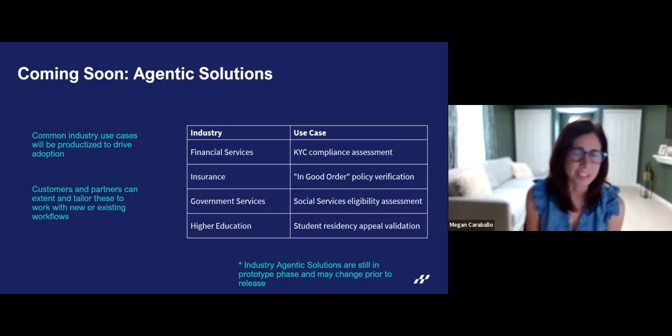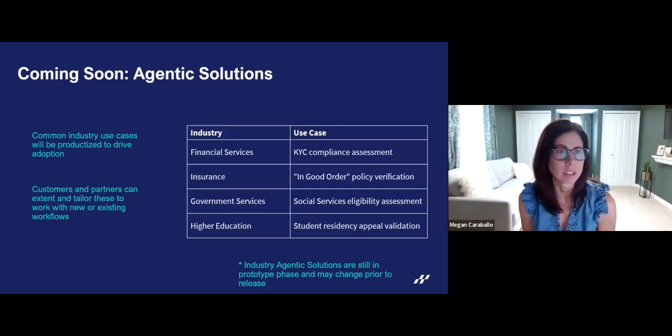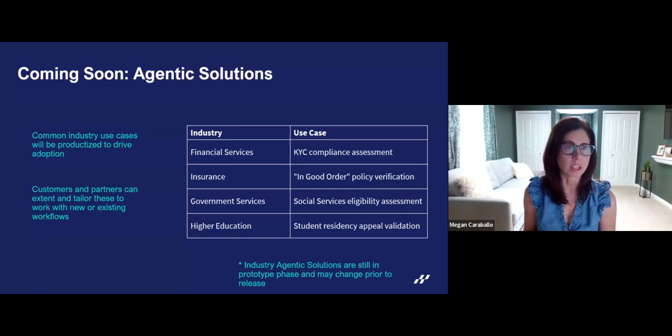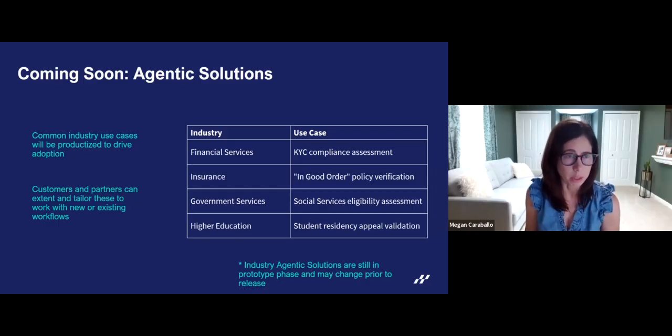Thanks, Lars, and thanks all for having me here. I am Megan Caraballo. I am a product leader in our application intelligence organization. Lars has talked to you all so far about some use cases that your tech-savvy customers can start building right away as Agent Builder is released in the next couple of weeks. But I wanted to give you all a preview of an initiative underway with Industry Solutions and our Application Intelligence org that's intended to be a fast follow to the initial release of Agent Builder.